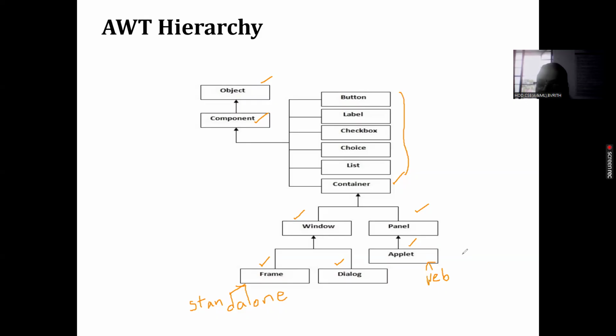So at present we are using HTML for creating web pages. But previously, with Java, even without HTML, you could create web pages with the help of applets. But mostly we don't use applets for web pages because they are heavyweight controls and heavyweight classes. So we generally don't use applets for web pages because whenever we are transferring